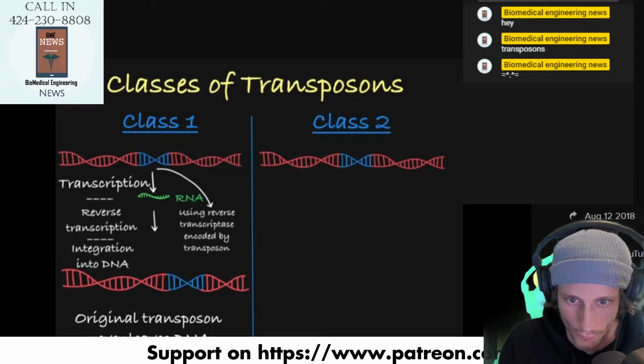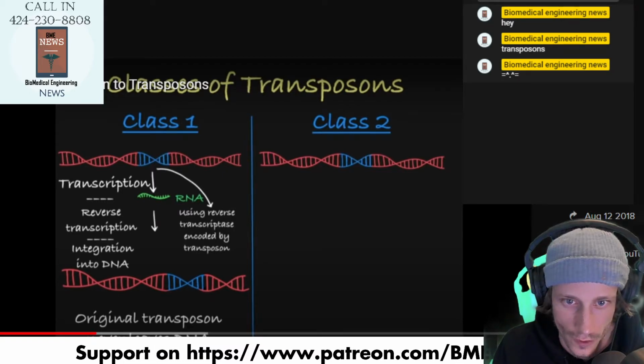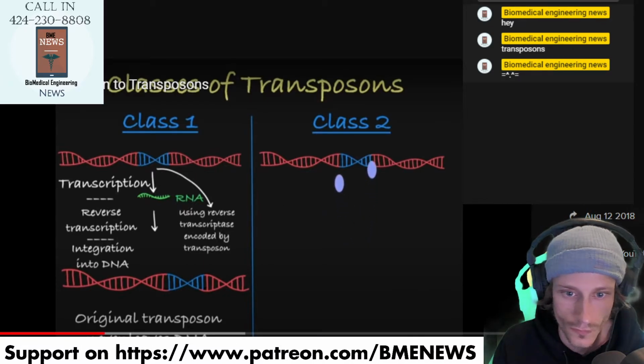Instead, the element remains in DNA form throughout the process of transposition. Class 2 transposons typically encode a multifunctional enzyme called transposase. Transposase recognizes the DNA sequences at the...